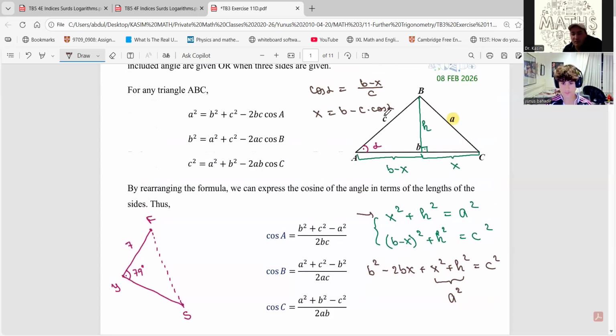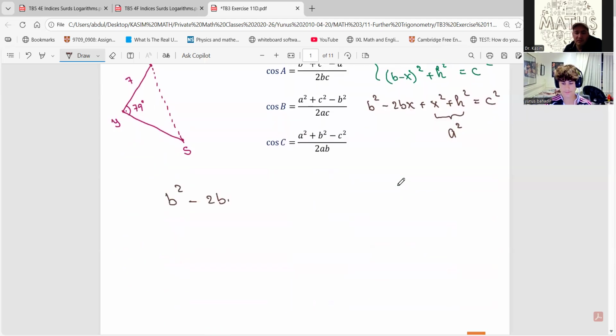B minus C cosine of alpha, right? Okay, let me substitute here. So B minus C times cosine of alpha, and here we have plus A squared. On the right hand side, C squared. Now if you simplify this and take everything to the right hand side, because I'm looking for